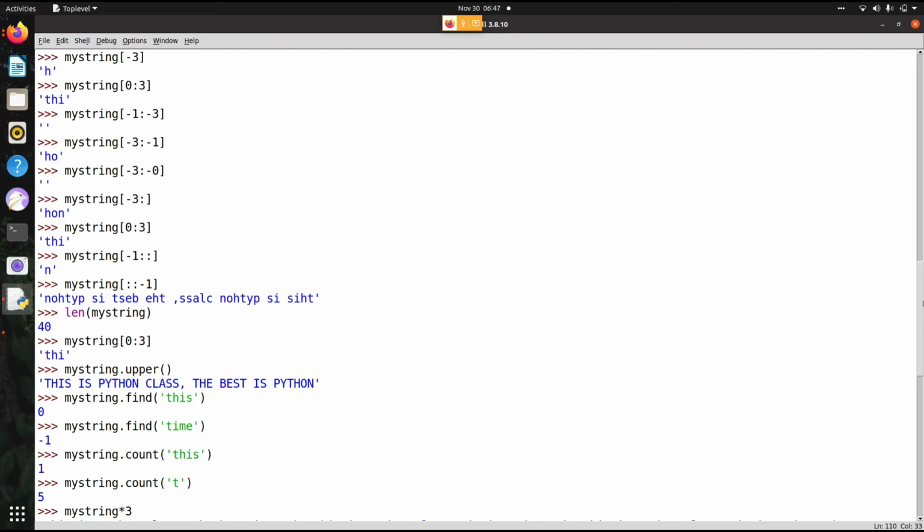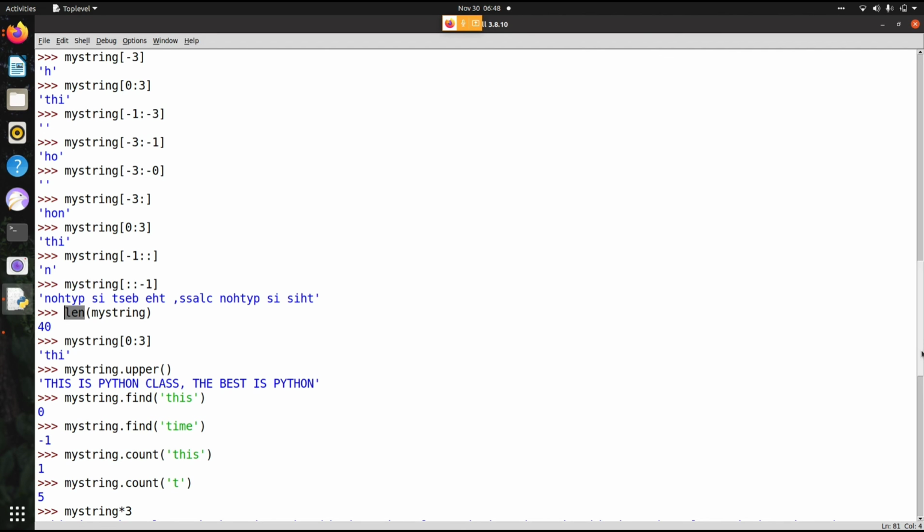One more thing you have to remember: for any object implementing a Python data type, in other languages you would say dot count, all those things, right? Here you can pass any object to len. Len of my string, len of any list or anything, it will give you the output. You need not check inside how many are there. Take something, pass it to len, it will give you the count.